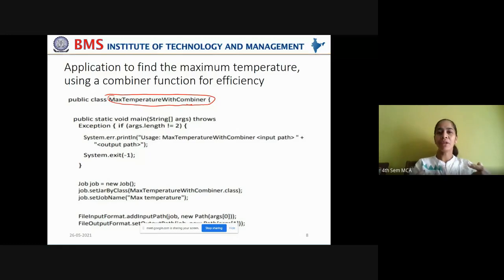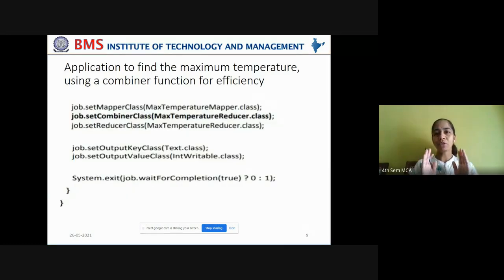You have your original class name as max temperature, right? When you're packing the job, the class name is max temperature. You remember? Now, instead of max temperature, you're writing it as max temperature with combiner because you're trying to add the combiner function here.